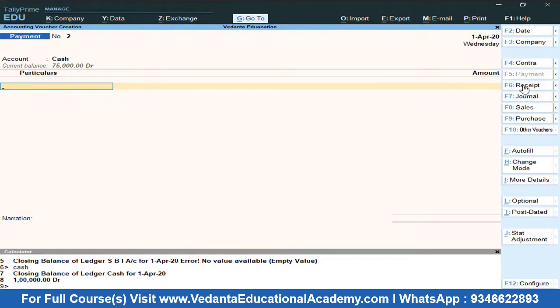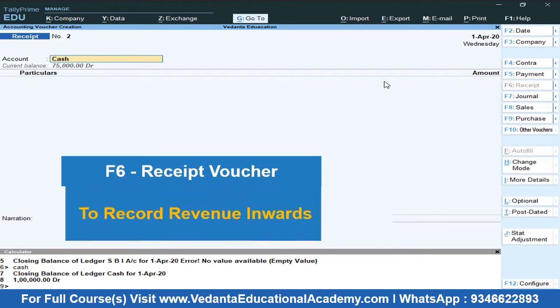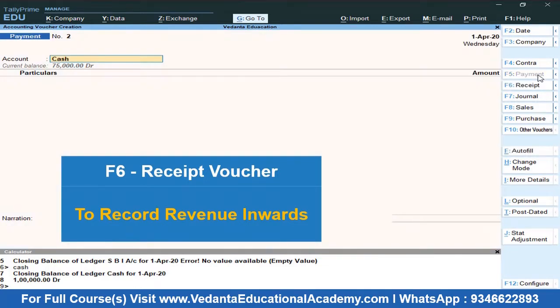And the next voucher is the receipt. It is quite opposite to the payment voucher. In the receipt voucher, we are going to record all the revenue inwards. In the payment voucher, we are going to record all the revenue outwards. In the receipt voucher, we are going to record all the revenue inwards. Okay, received rent, received commission, received from Mohan, received from Krishna, all kinds of receipts will be recorded in the